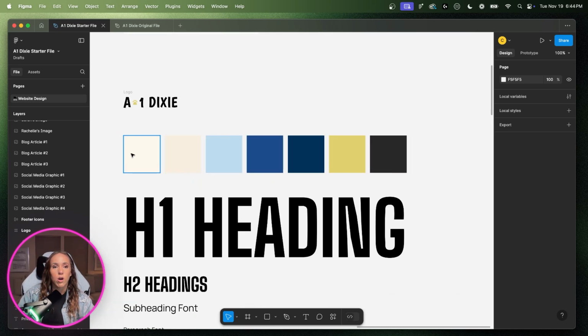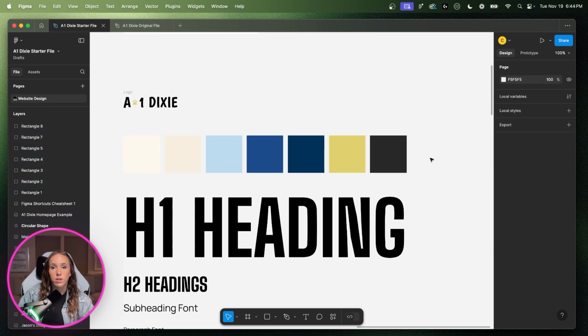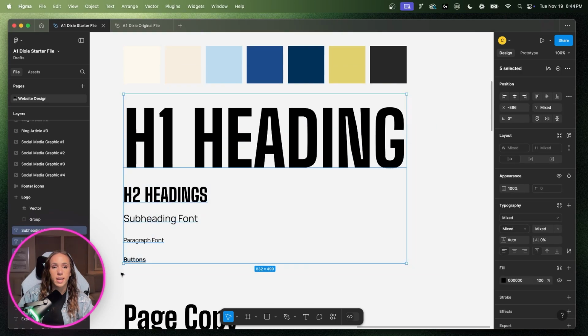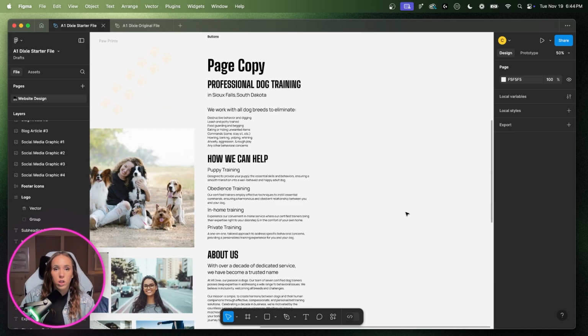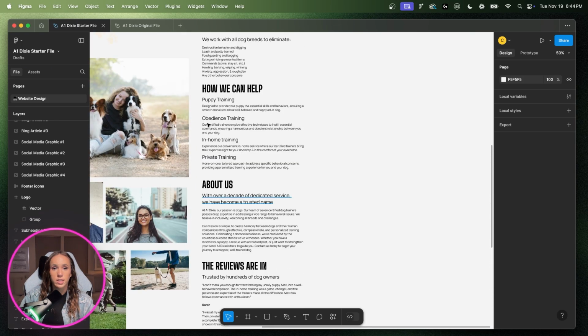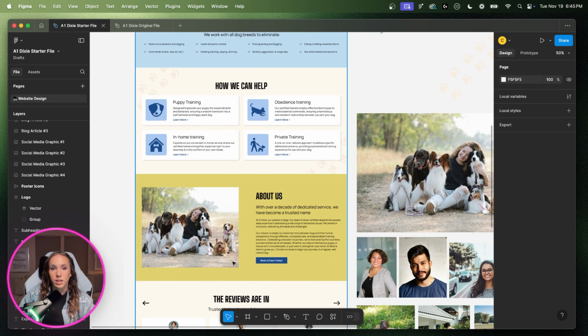Below that, you will find all of the colors that we will be using within this website design. Now we will be creating styles for these colors to make it easier for you to select them during the design process. So that'll come up here shortly. And then right below that, we have all of the fonts we will be using within the website in the correct font sizes. Similar to colors, we are also going to create styles for this, so it's easy for you to change fonts throughout the process. Below that, you will find all of the copy from the top to the bottom. So again, same thing with images and with the text. You basically will work your way from the top down to the bottom, and it will just work seamlessly